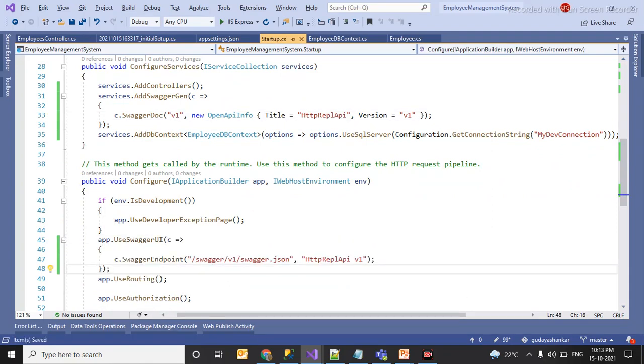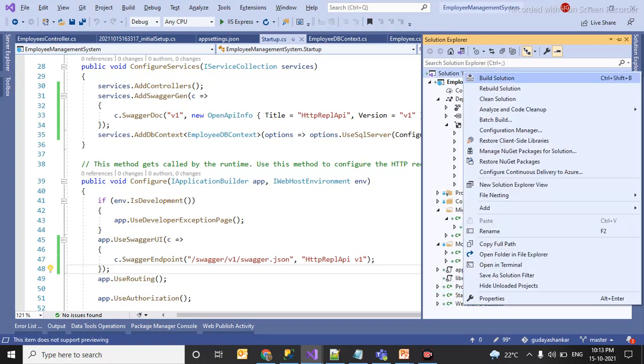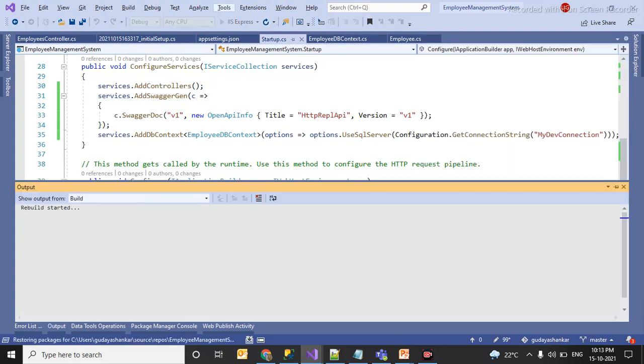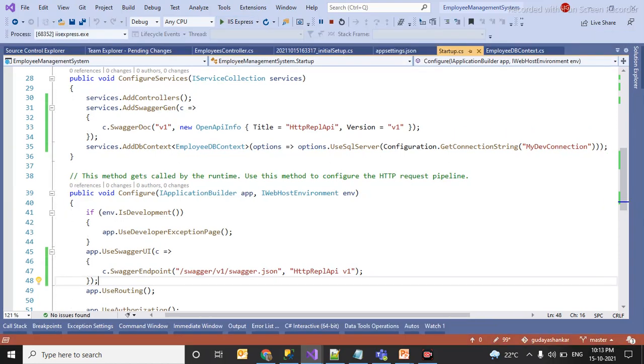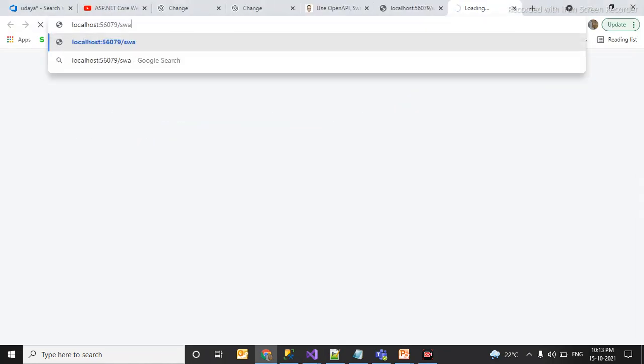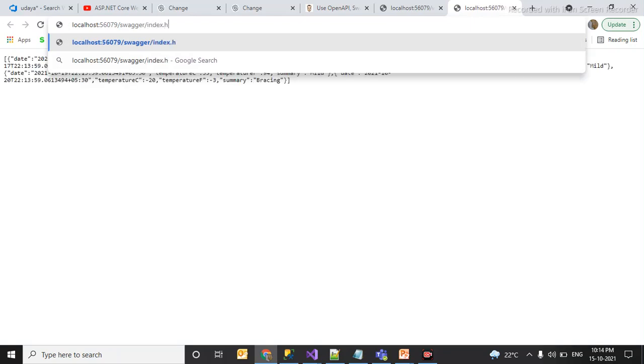We'll see this in action now. Let me rebuild the solution. Now all you have to do, you have to type the swagger/index.html to see whether it is working or not.